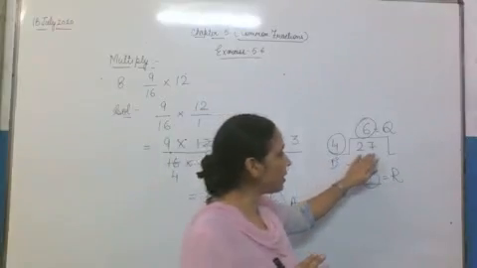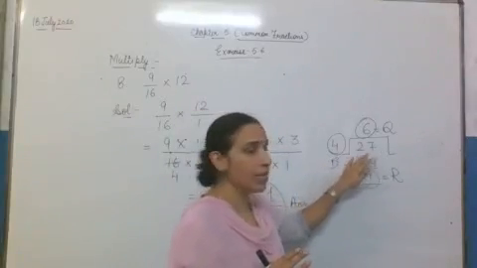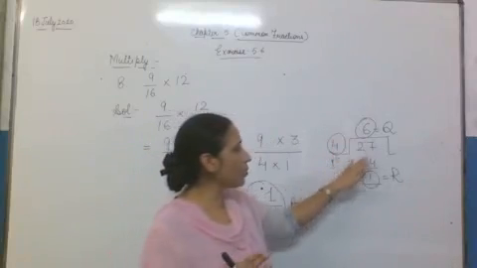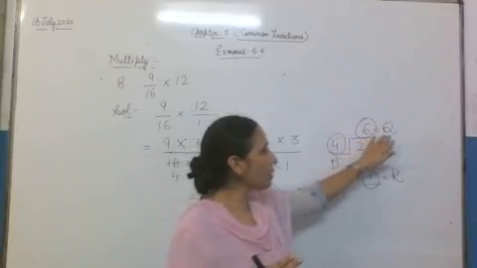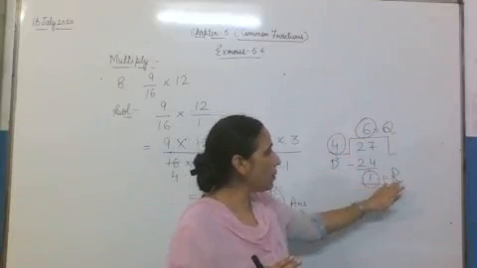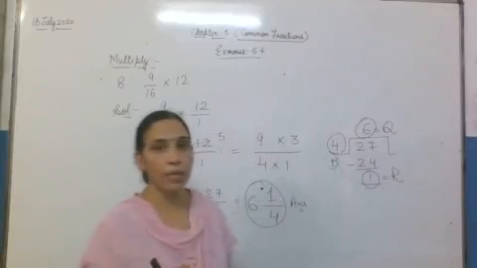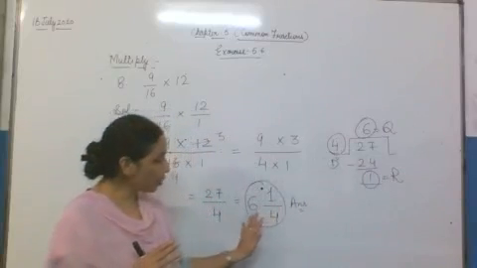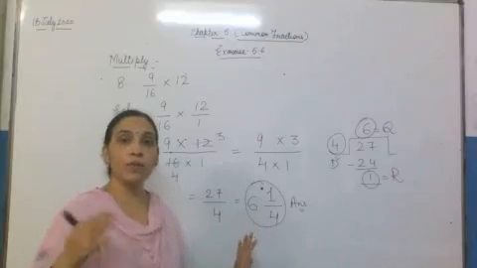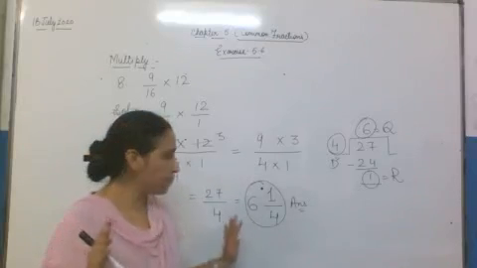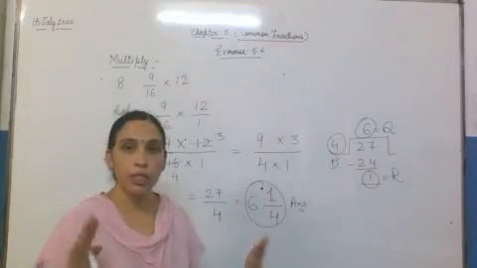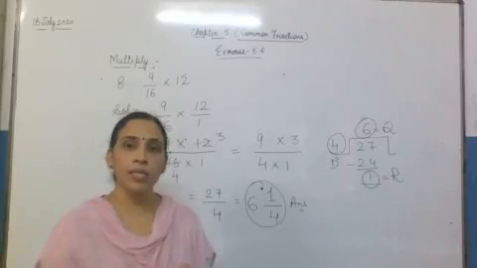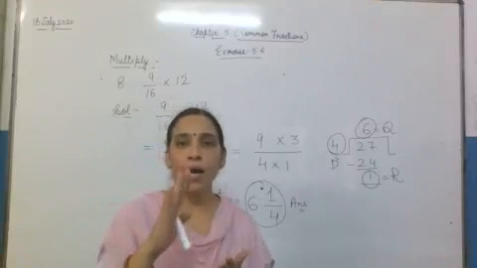You can see here, I have divided 27 by 4. 4 6s are 24, 1 will be the remainder. Now 6 will become the quotient, 1 will become the remainder and 4 will become the divisor. The way to write it is that the quotient will become the whole number and 1 will become the remainder. Q, R, D.